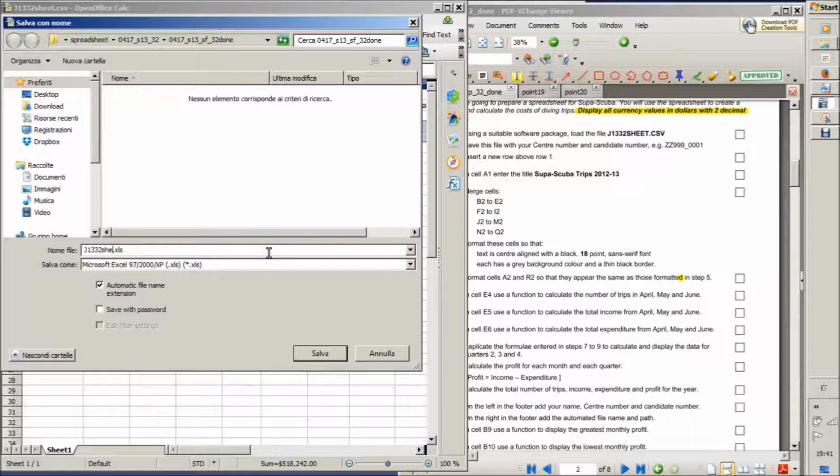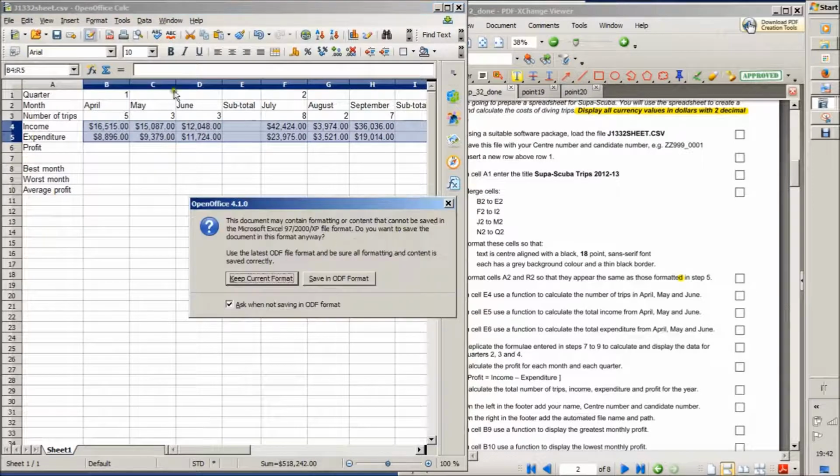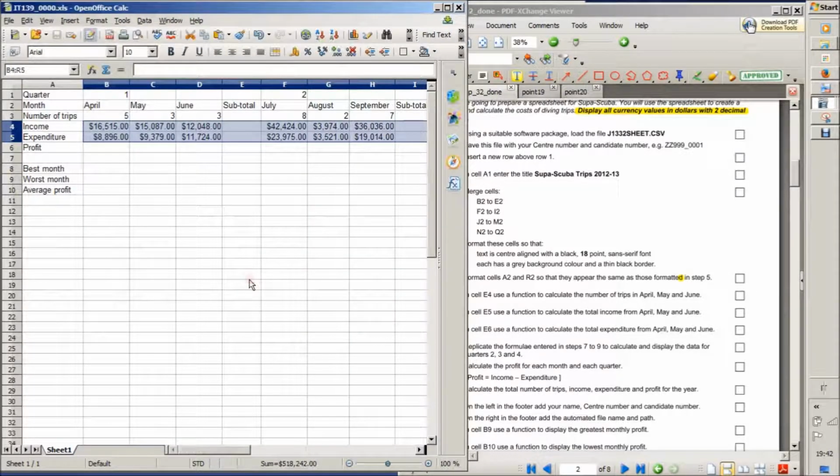Okay, the center number, always ET139, and candidate number, separated by an underscore. So underscore I put 0000. Only 4 numbers. Save. Okay, now it's done. Keep current format. Yes, I want to be kept in current format. Okay, then